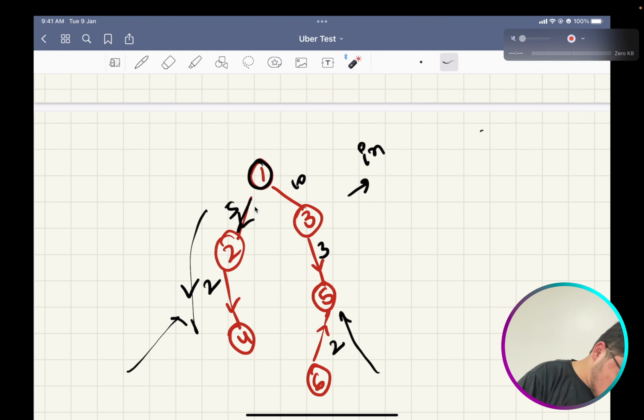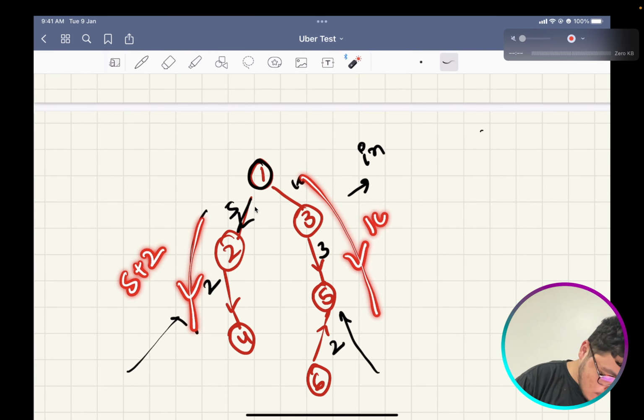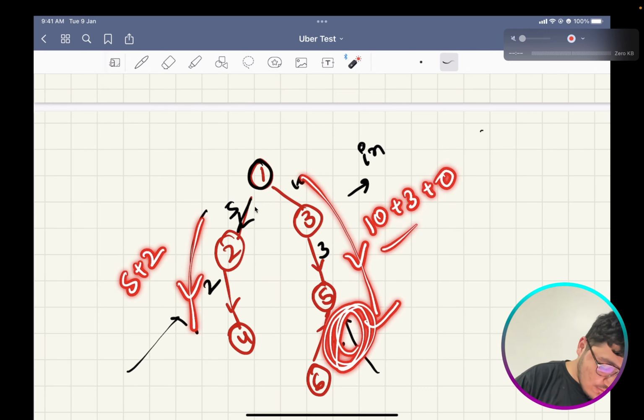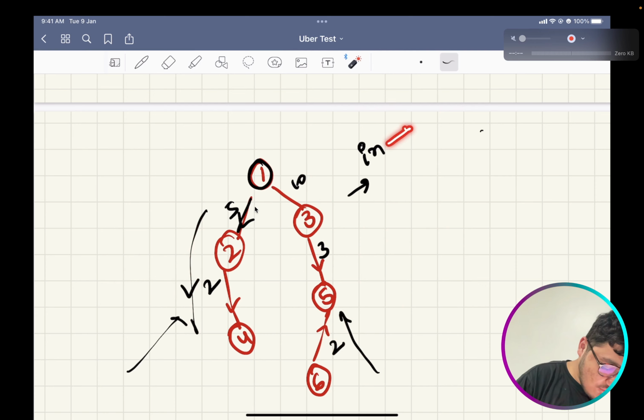From this I would be getting 5 plus 2, and from here I would be getting 10 plus 3 plus 0. This won't be encountered. So 13 and 7, the minimum of 13 and 7 would be 7 only, right? So in of 1 would be 7.